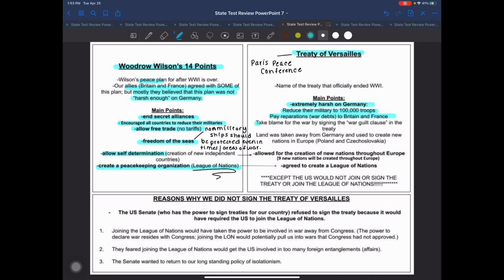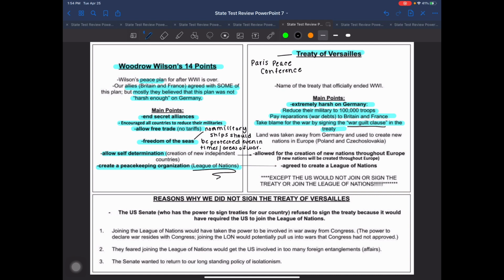And here's the one that always tickles me: they actually make Germany take blame for the war. And we've already discussed what caused this war in Europe. Again, the acronym MANIA. Well, none of them said Germany. And so the point here is it's really easy as victors to point the finger at the losers and say, you're going to accept this as punishment. Because what other choice did Germany have?